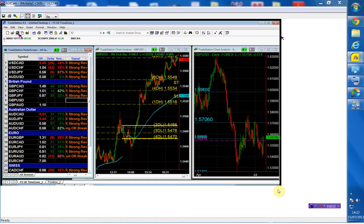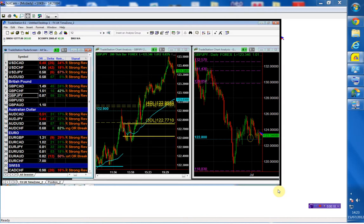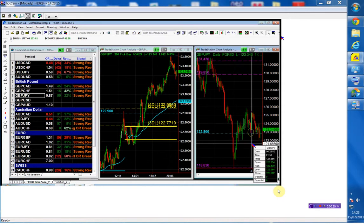dollar, the pound CAD, the pound Swiss. So we might as well do the pound yen, because the yen also has given us a sell signal. And as you can see, we're getting pretty much the short covering that we had in the structural point. I think it was the 180,